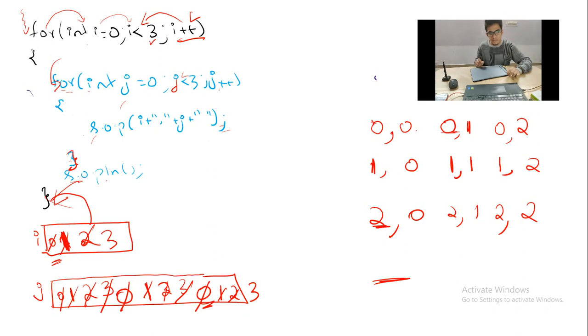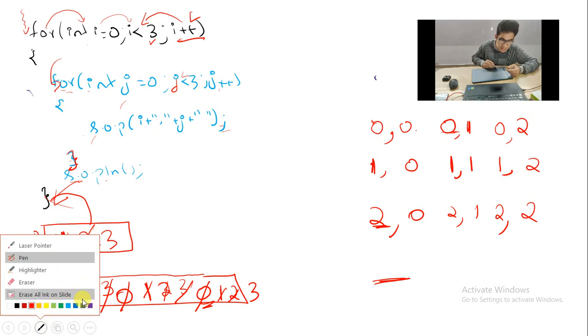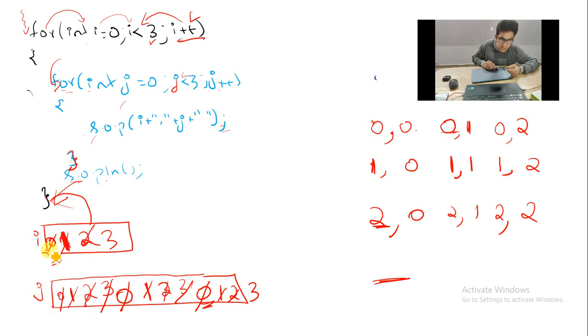So what you have to understand, the important point, there is one more important point. That is, for one i value, don't you think there were many j values? When your i value was 0, don't you think 0 1 2 3 were your j values? When your i value was 1, then 0 1 2 3 were your j values. When your i value is 2, here also 0 1 2 3 were your j values.